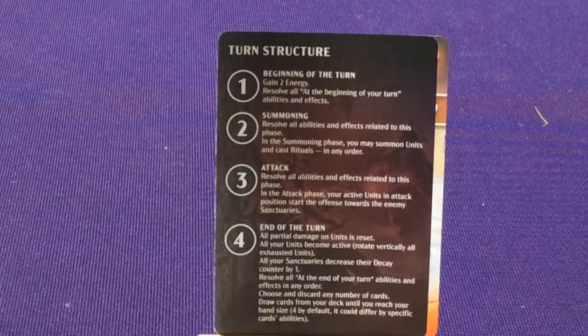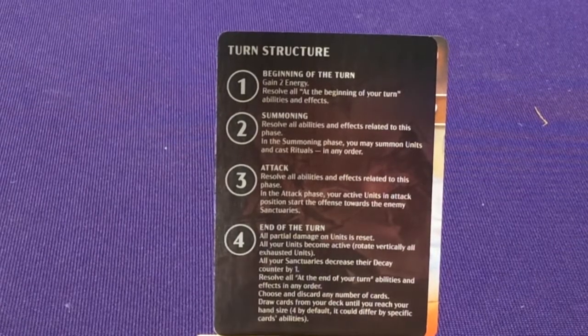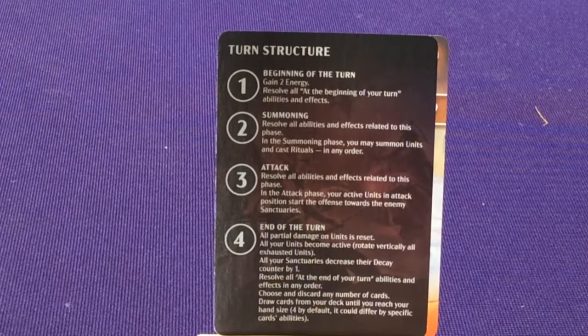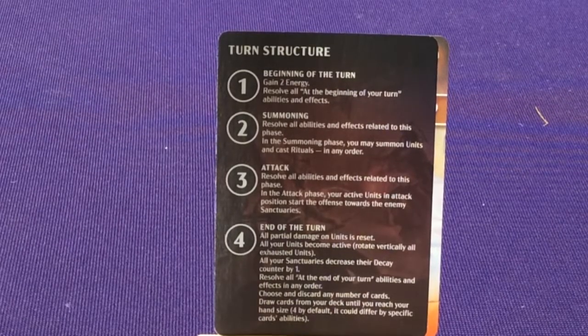Choose and discard any number of cards. Draw from your deck until you reach the hand size. 4 by default, could be different. So that's what's also kind of neat about this game, is you only have a hand size of 4 cards. But if you do something that's ever going to reduce your hand, or you play too many cards, it kind